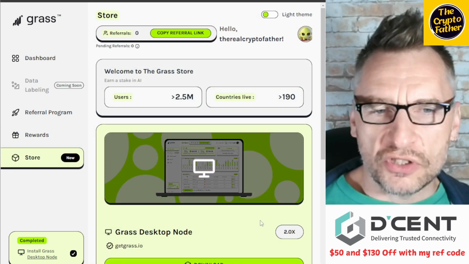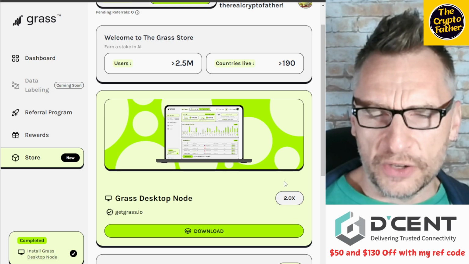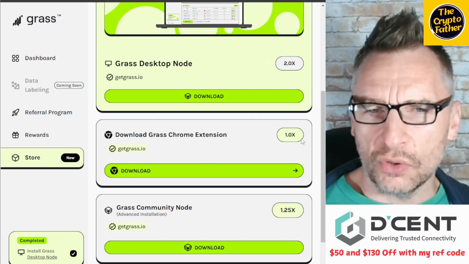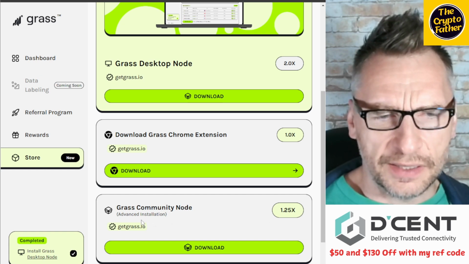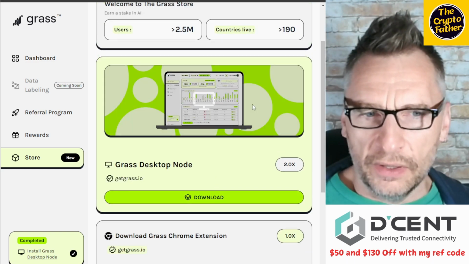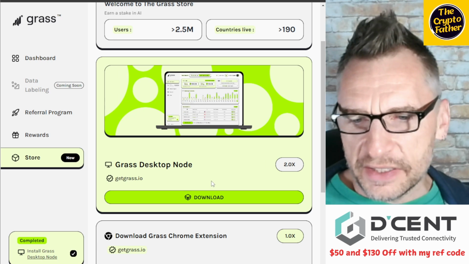There are 3 different options of downloading or running the node. You can run the node, which is the Grass node, and from what I understand, it gives you double rewards. Then you can download a Chrome extension, which gives you only 1x rewards, and then a Grass community node advanced installation. So I guess there's going to be some fiddling around, but it gives you 1.25x. And I assume that the desktop node is the most resource consuming, although, like I said, I'm running it in the background,